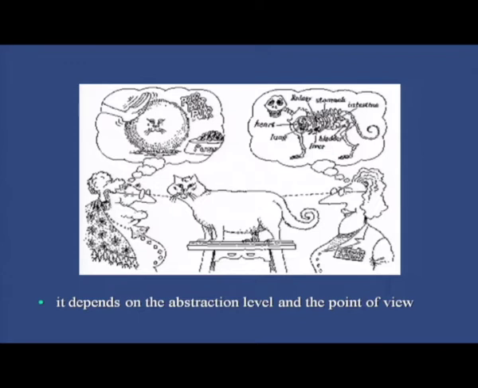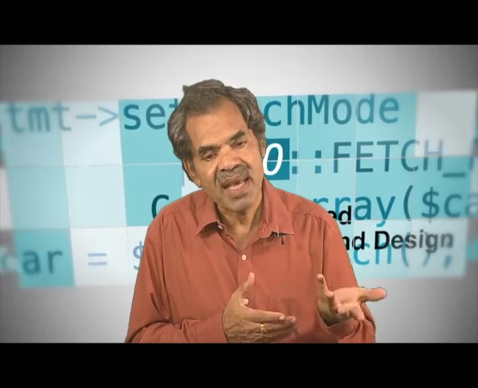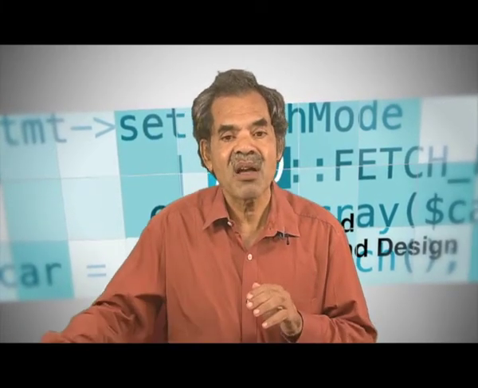There are two people who are watching this cat. The one on the left hand side, my left hand side, thinks that it is modeled like this. The one on the right hand side thinks completely differently. It can be modeled like that. It is not right or wrong, there are two levels of abstraction, two levels of point of view. In a typical problem definition and solution, we will invariably have to assimilate multiple viewpoints. That is how we have been talking about it.